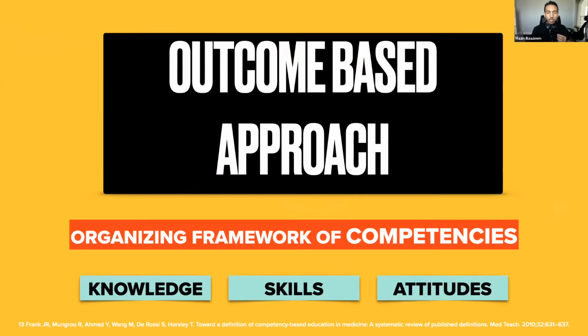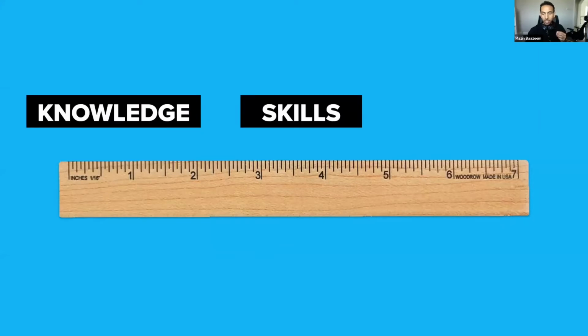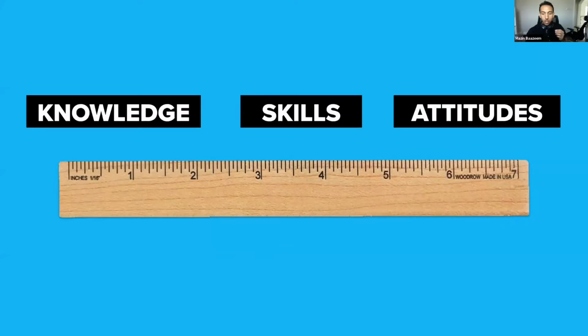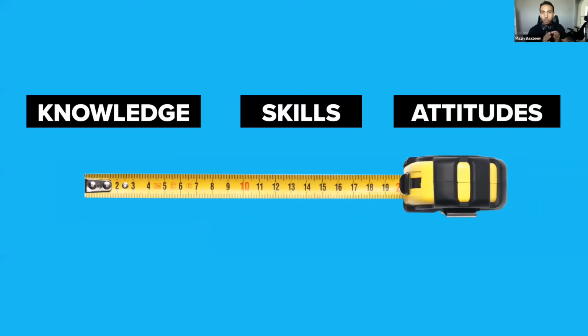Okay, so to make it easier: we know that to measure a distance, for example, we use a centimeter. But in medical education, the unit that we have to use is not only one thing, it's actually three things that go all the time together, which are knowledge, skills, and attitude. They call it the KSA. So the tool that you can use to measure the competency could be different. You could use a ruler to measure the distance, or you could use a measuring tape. So it's a different tool, but it's going to measure always the same thing.